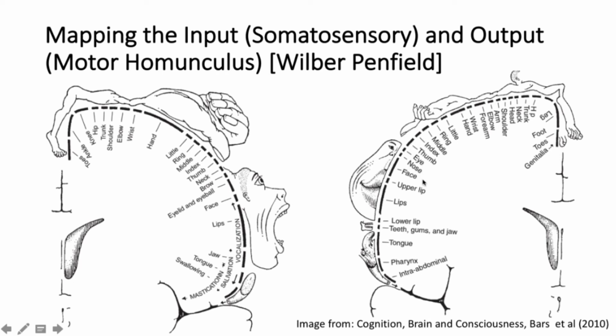And then you can see the eye, the nose, face, upper lips, lower lips, teeth, tongue, pharynx, and the abdominal part. So there is a large part once again here. So you can see that this is the region through which we will actually control the movement of these limbs. So that's the motor part of it, and that's from the frontal cortex. And from the parietal cortex, this is the region where we are taking the senses, the somatosensory senses of different parts of the body. As I am giving you a lot of information, let us try to once again summarize